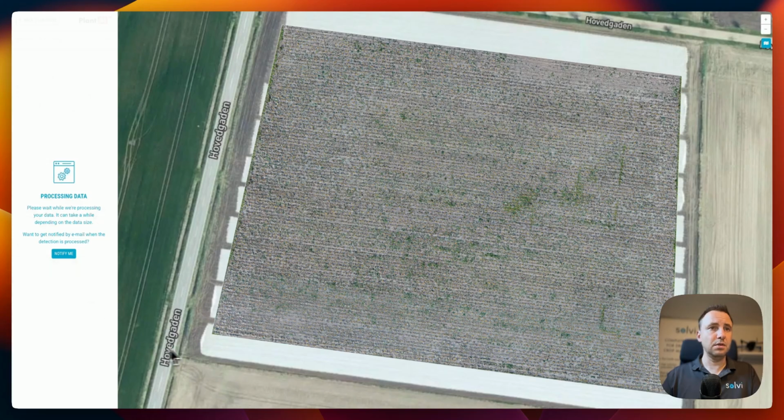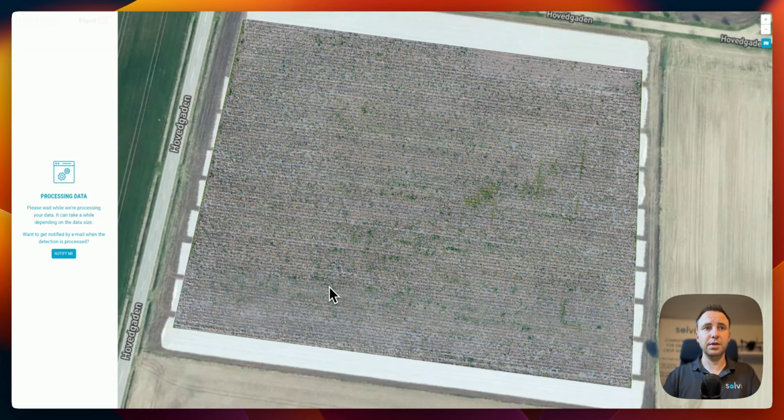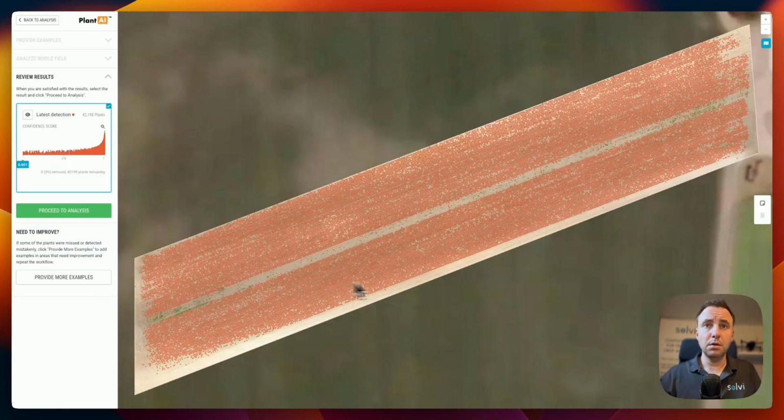And we will just kick off the detection here and now process the whole data set. And then we will be able to review the results and see if we need to improve something or not. Now the whole cabbage field is processed, and we can review the results and then decide if we want to do another iteration and add more examples and refine them, or if we are happy with the results and can